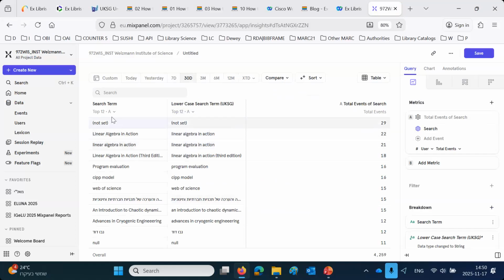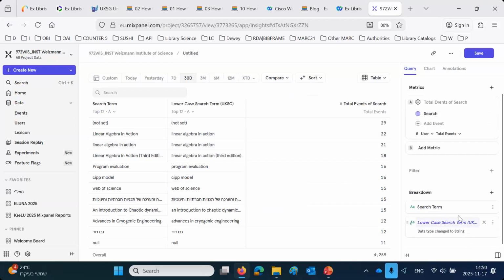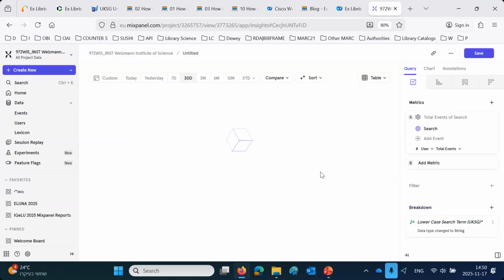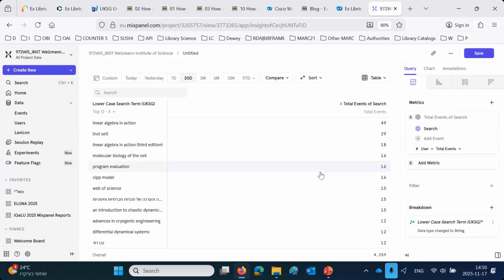It appears twice because I still have the regular search term. So I'm going to remove the regular search term. On the right, I'm going to click the X next to it. So now I've got, for the last 30 days, the top 12 lowercase search terms. And I want to get rid of this not set. Why that's appearing, we'll save that for another day. Very logical reason. I could filter it here using this filter, or I could just click it and say exclude,